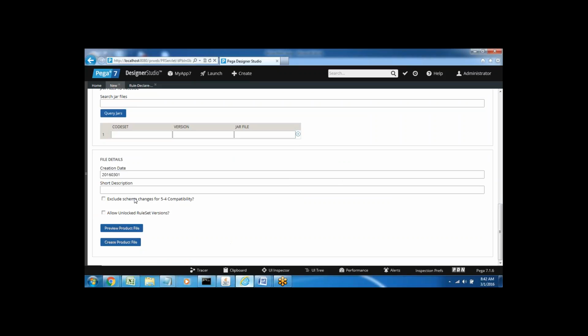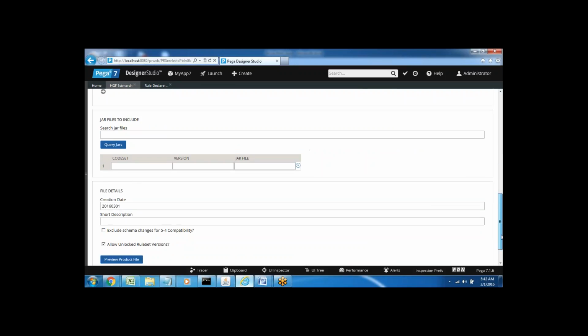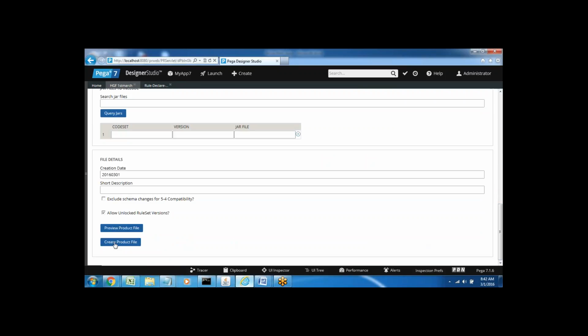And finally, save this product. Some unlocked rule sets will be there, enable that one and save this product. Now after saving this product, you can directly create the jar file from the same rule. We will get an option here, so you can click on create product file and give the name for the jar file, or else after saving the product, go to Designer Studio,